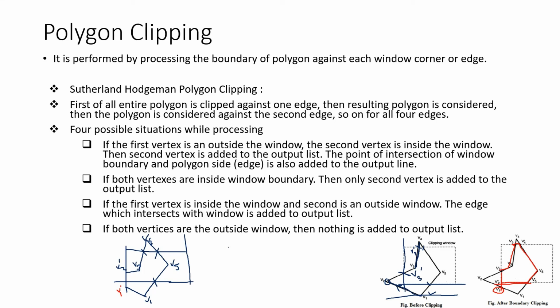So this is going to be the final output. That is how the Sutherland-Hodgman algorithm works. I know it is a bit of a mess, but that is how it is going to work. First of all, you have to start from a certain point. You have to do a traversal from that point to the end point, and you have to start with a certain boundary. The best idea is to start with the left boundary, then go to the top boundary, then the right boundary, and finally the bottom boundary. So you start from left, then top, then bottom, then finally right.